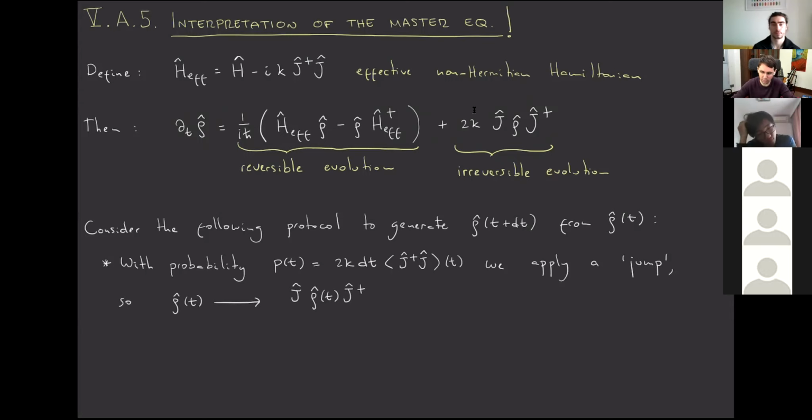And then of course, because this is not a normalized state, the state after doing this jump operation will be this divided by the trace. Okay? So this is one thing. So imagine there is an experimentalist who, with probability P of t, makes this operation. It applies a jump. And then with